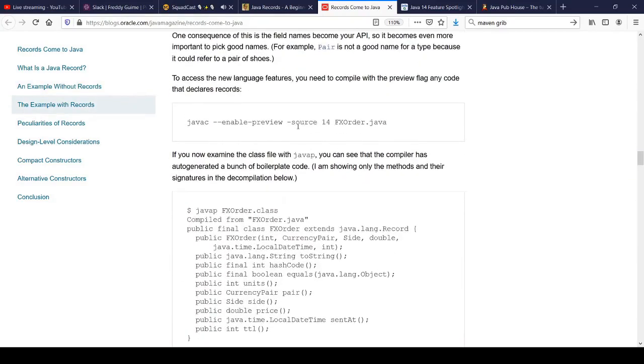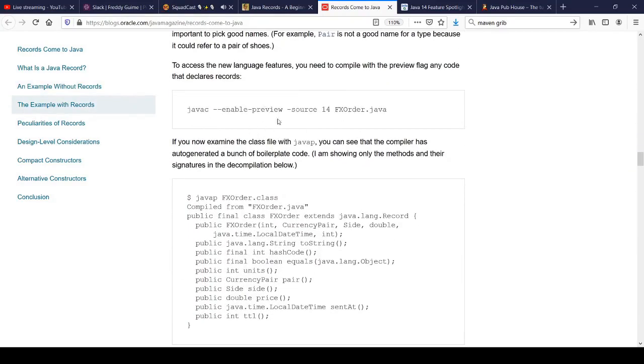And in talking about it, he also talks a little bit about what I have to do to get this to work. So in my demos, I have all of it built out a bit so that you don't see any of the enabling of the preview features in my project. We'll get to that in just a minute. But he also shows some of the boilerplate that gets generated for you.